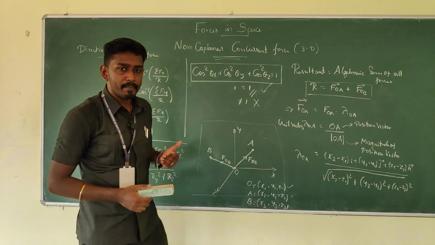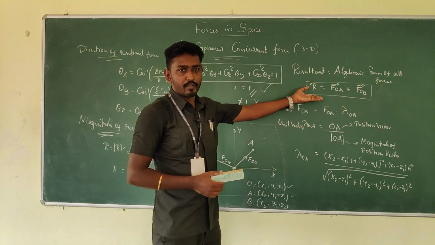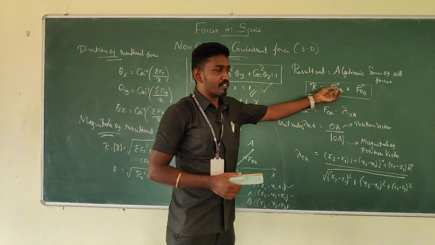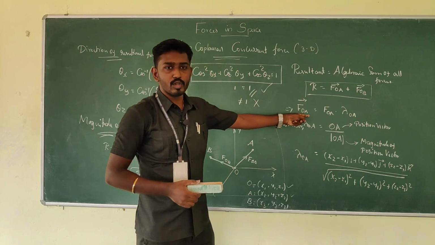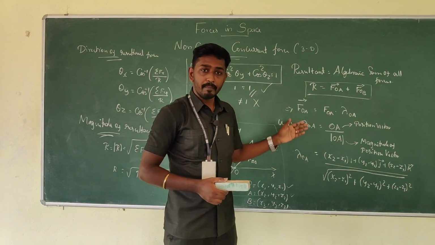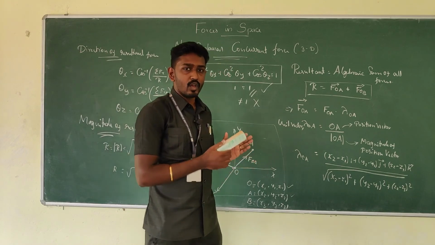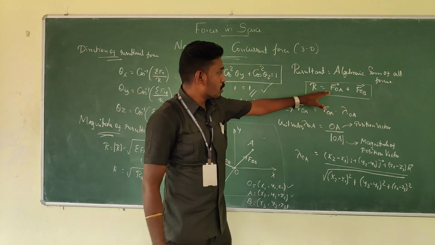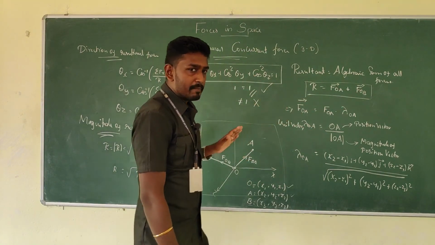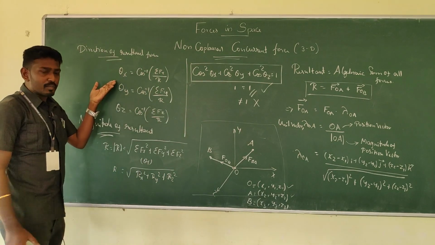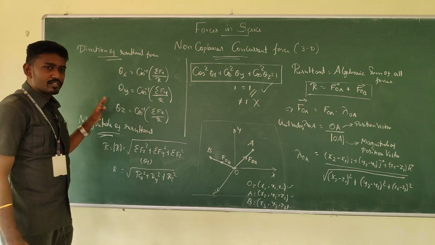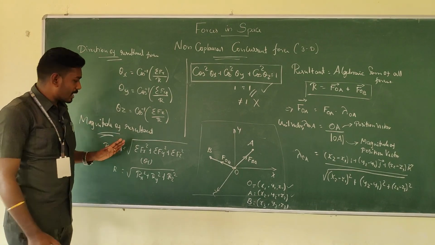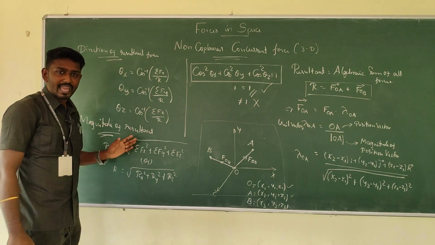When you have more than one force, we need the resultant force. The resultant is the addition of all the forces, so at that time we need to find each independent force vector. The force vector is equal to the magnitude of the force into the unit vector. A unit vector is one whose magnitude is equal to 1. By this format we calculate each and every force independently. By going with the direction formula, we can specify theta x, theta y and theta z for the resultant. And the magnitude of the resultant can be calculated by this formula: root of summation of Fx square plus summation of Fy square plus summation of Fz square.